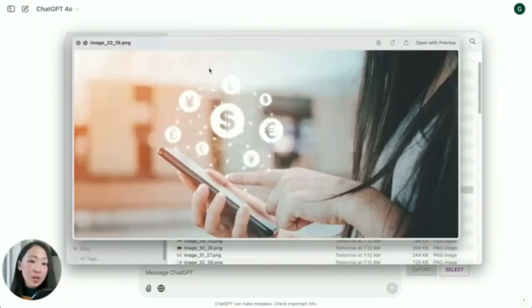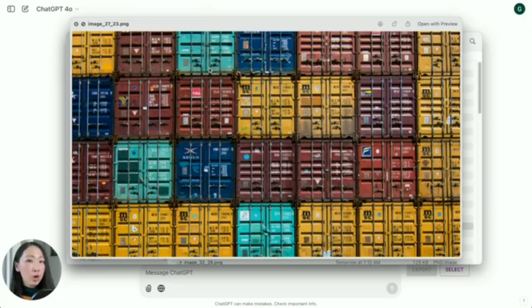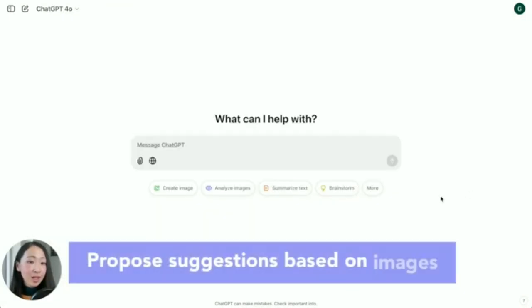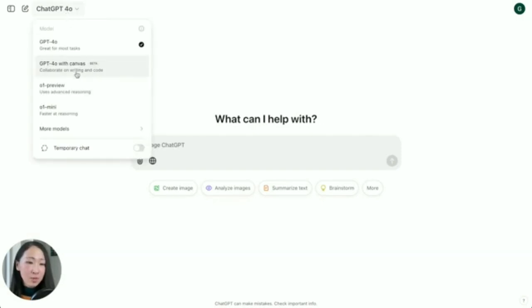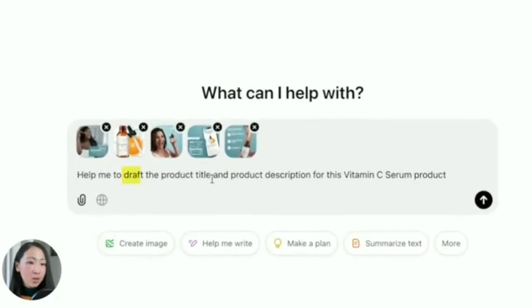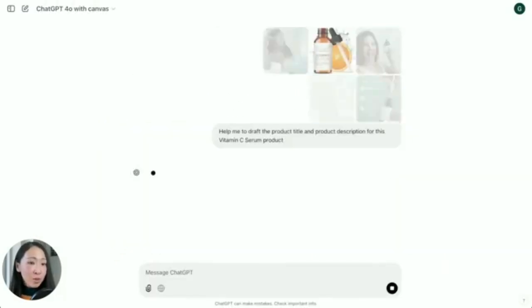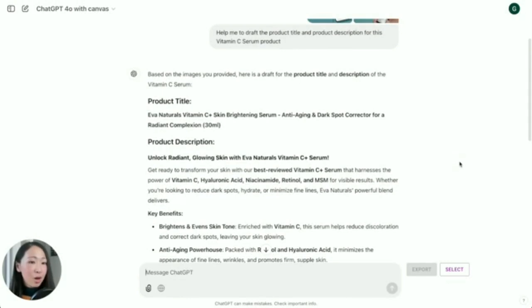And also, if the images or charts are not extractable, then this prompt may not work very well in that case. Second, that is to ask it to propose suggestions or generate content based on the images. So in Canvas mode, let's say I have these product images about a vitamin C serum product, and then I can ask it to draft the product title and product description. And then you will see it will base on the images and propose title ideas and product description that are relevant